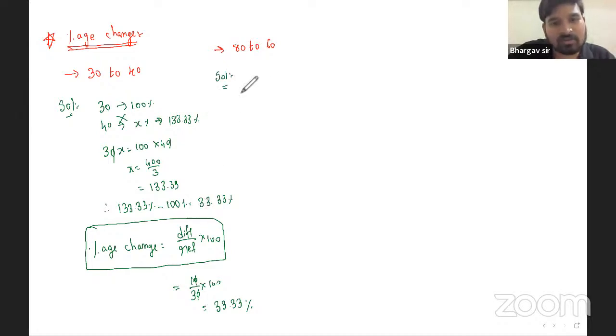What is the difference? The difference is 20. The reference is going from 80 to 60. 20 into 100 over 80, zero cancels. 2 by 8 is 1 by 4 of 100, which is 25 percent, right? Basically these percentages will help you understand the